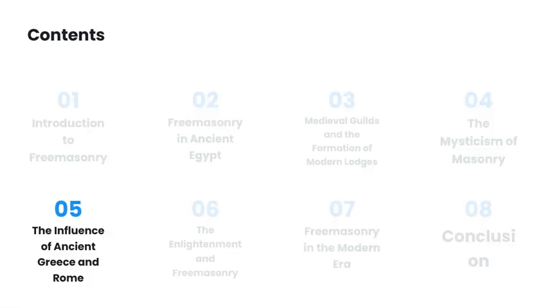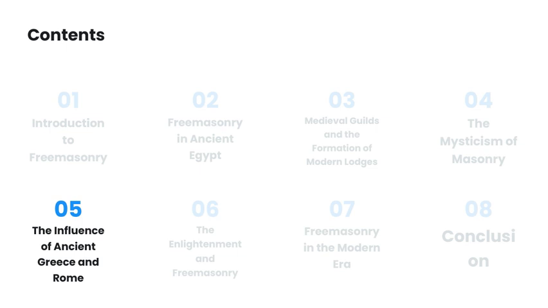Let's take a moment to look at the contents of this presentation. We'll start with an introduction to Freemasonry, which is a fascinating and complex topic. Then, we'll explore its roots in ancient Egypt, highlighting the mystical and symbolic traditions that may have influenced later practices. Moving forward, we'll see how ancient Greece and Rome contributed to the development of Masonic ideas, especially through their